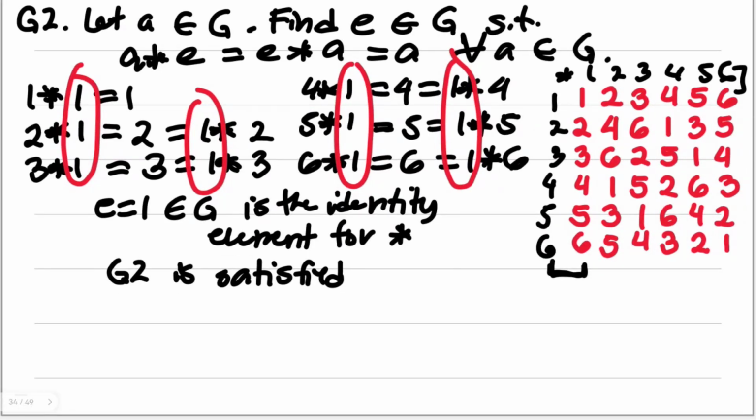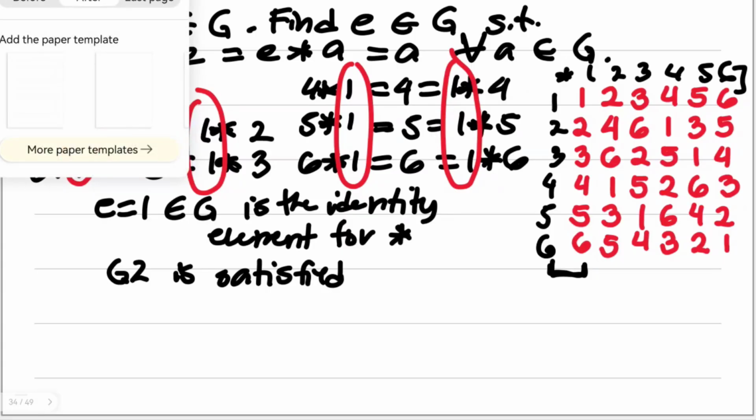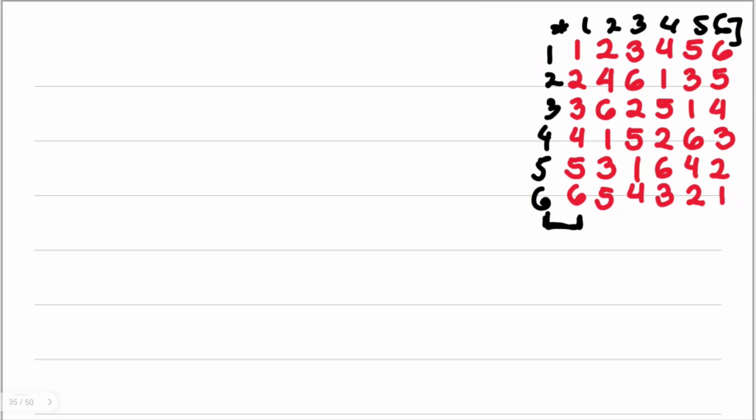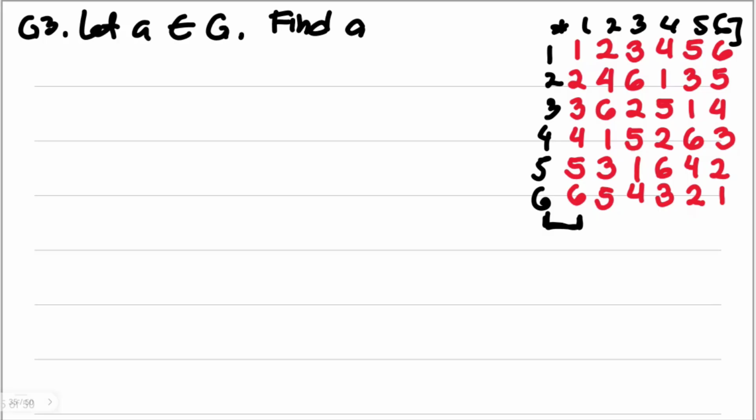Now, we will proceed to G3, and this time I'll be using a different page for this. I'm also going to copy this Cayley table, because the third step for our group is the existence of an inverse element for every element. So we'll have here G3: let A be an element of G. We need to find the inverse A prime, which is still in G,